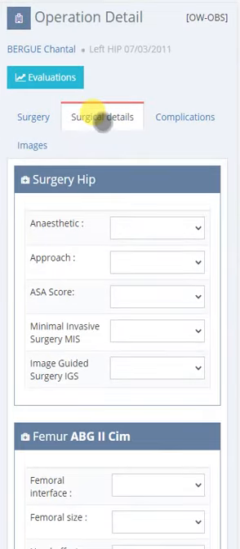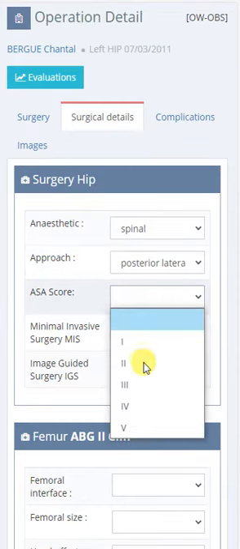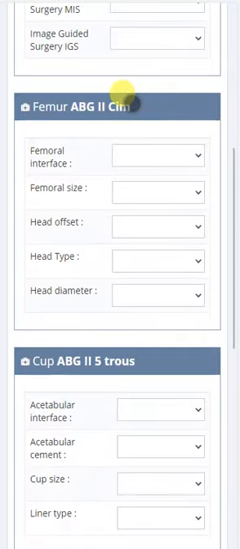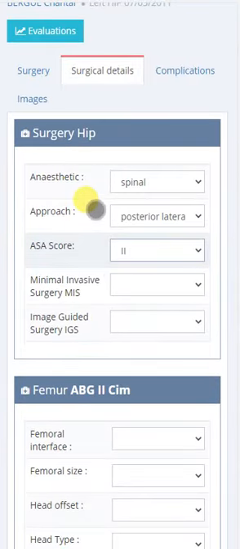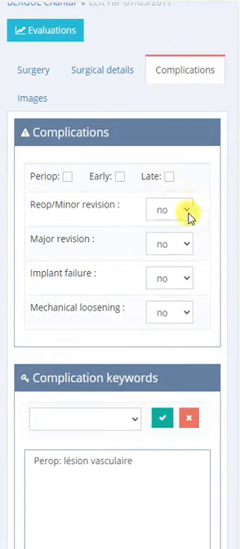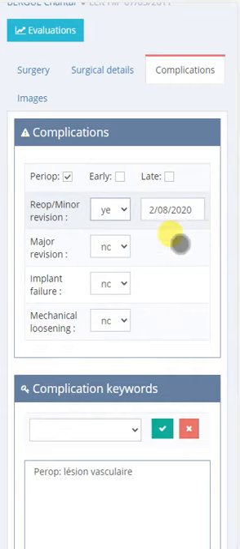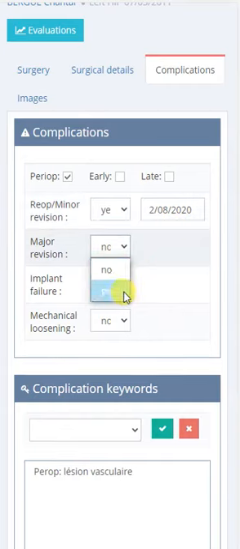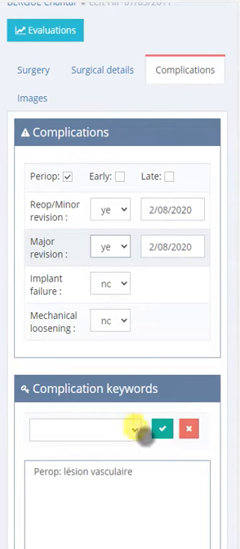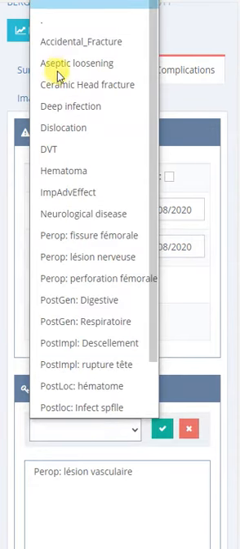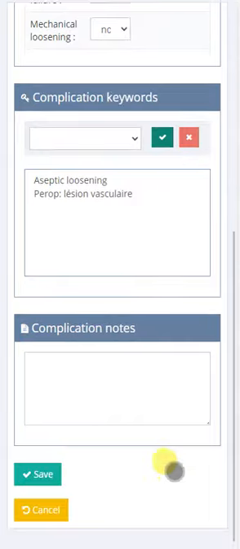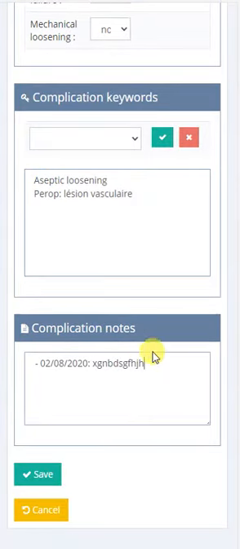The surgical details can, as usual, get the entry data for all the details for the femur and the cup, and of course it's the same procedure for the knees. Complication must be filled in, it's very important, and in case of minor revision or major revision and so on, it's important to type the date and to explain and to document this problem that has been